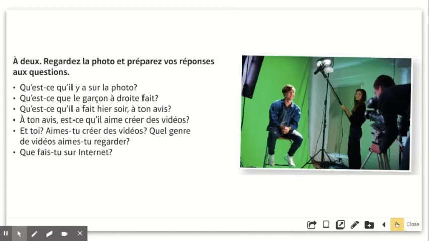What you want to do here is try and prepare some answers. And again, you can use your notebook, do it in rough, prepare some bullet points to try and describe and express what's going on. Later on, after you've described, the later questions are asking what you think about certain things. So for example, in this case, we're talking about the internet and looking online. So it's talking about, do you like creating videos? And what do you do on the internet?